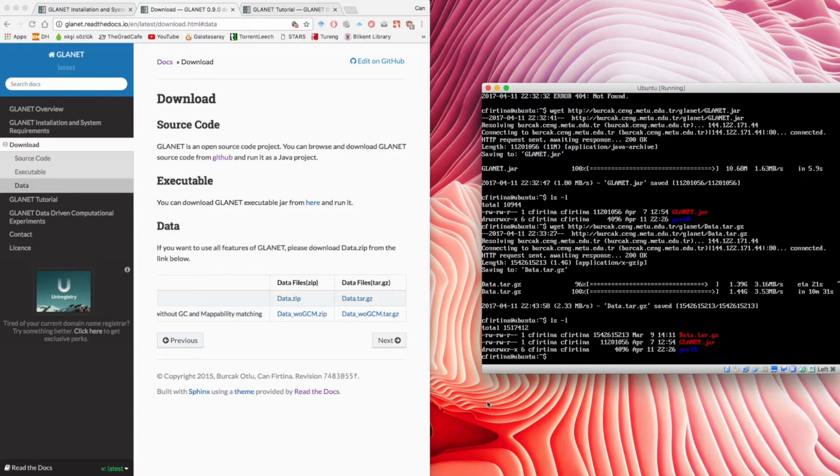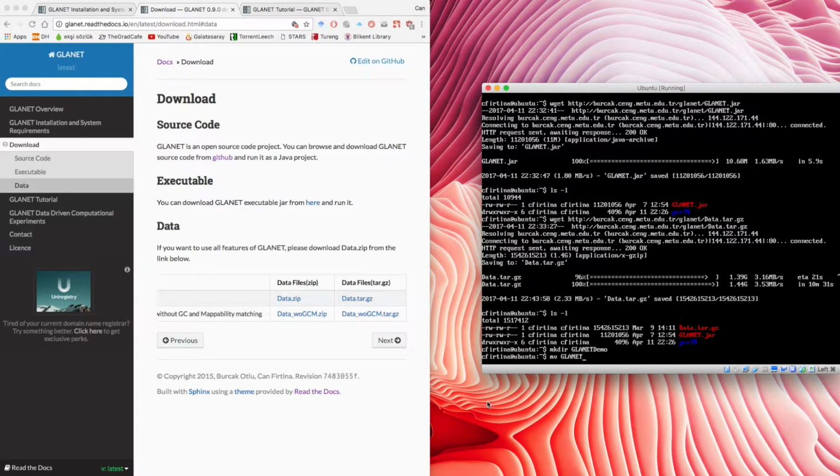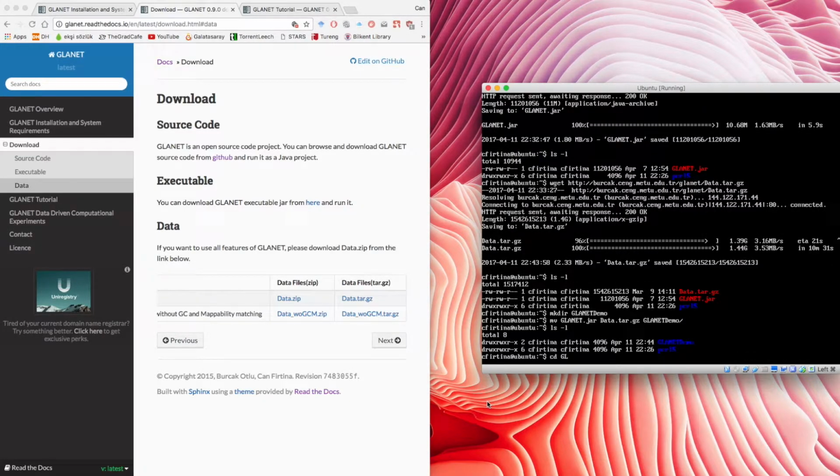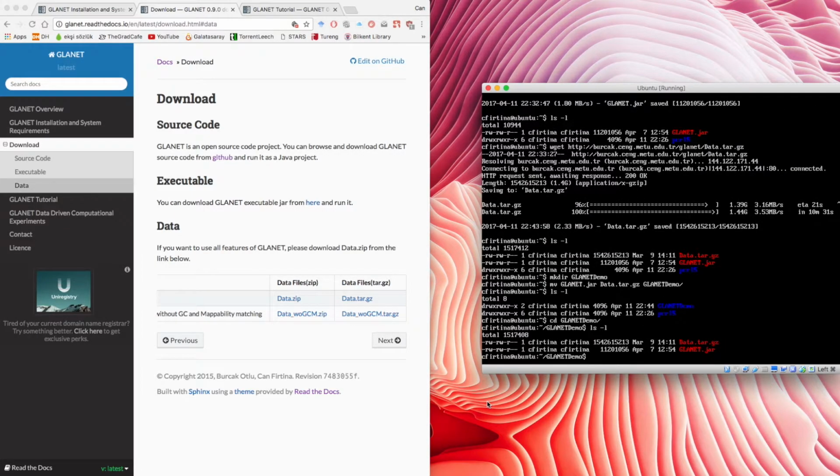Okay, we have downloaded the data file as well. So I'm gonna create a folder called GLANET demo folder, and I'm gonna move GLANET.jar and the data.tar.gz file to GLANET demo. So I'm now in this folder. I'm gonna extract the data folder from the data.tar.gz file,